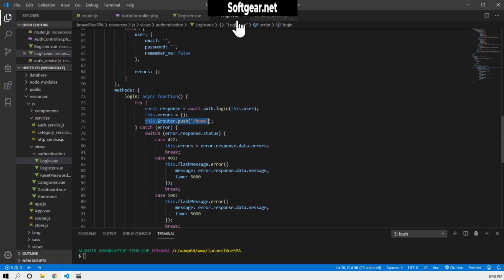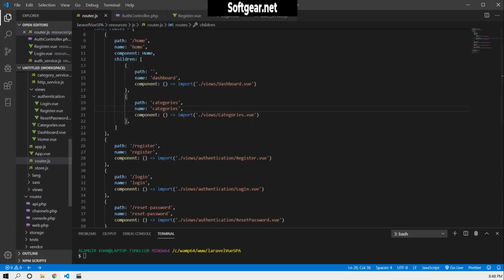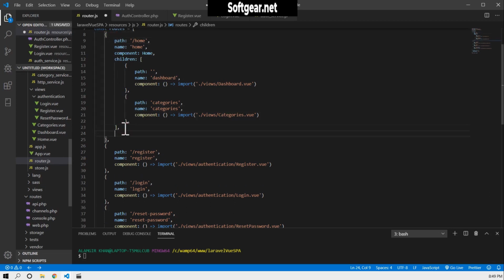So let's put some restriction on this. We have to go to our router, and here we will have to use some middleware. Here inside our home, this route should be completely protected, should be completely secured, like before enter, and it has two from and next parameters,